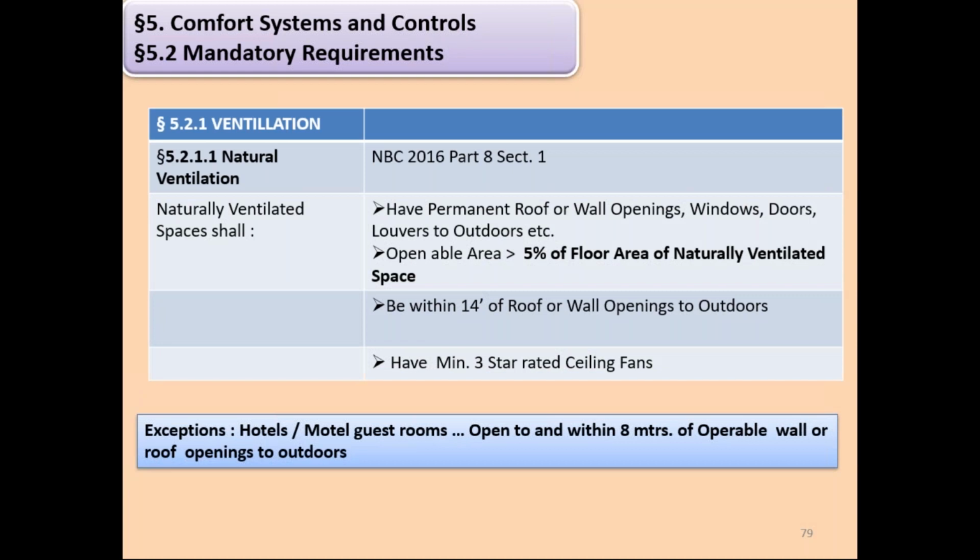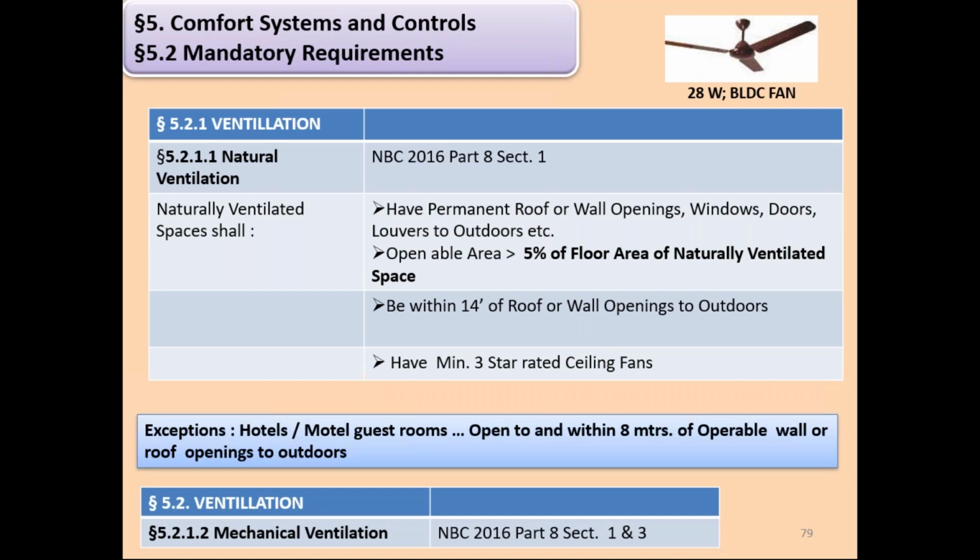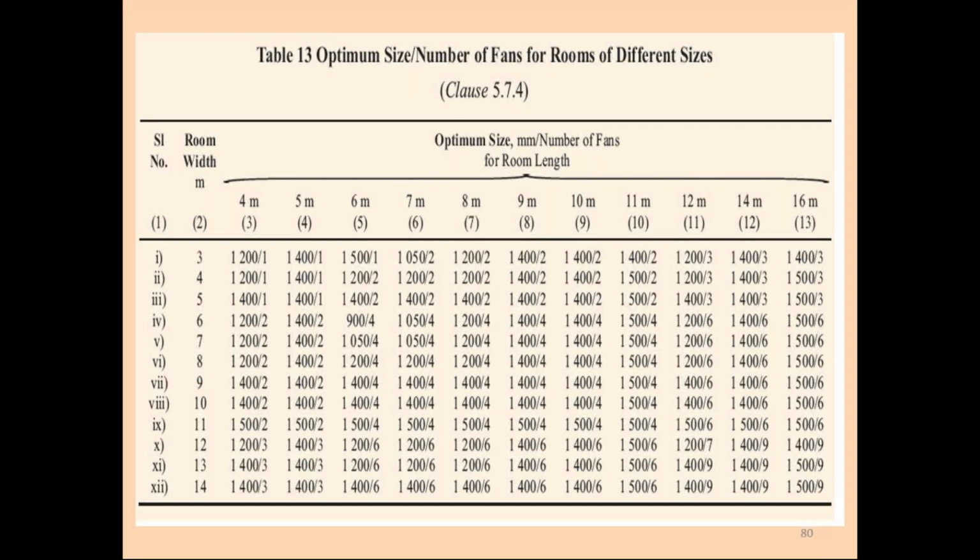So for natural ventilation, have permanent roof or wall openings in windows, doors, and louvers to the outdoors. The openable area should be 5% of the floor area for the naturally ventilated space, with a minimum of 3-star rated ceiling fans. So these are the requirements mentioned. In hotel and motel guest rooms, etc., it should be provided. So this is a 28-watt BLDC fan, and